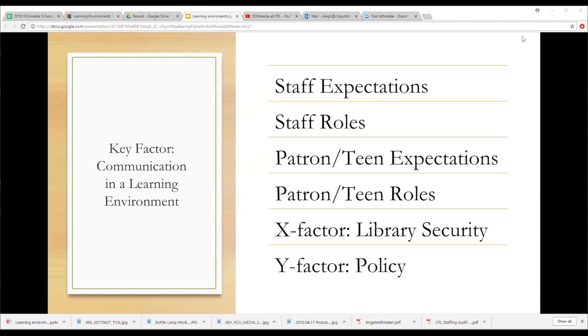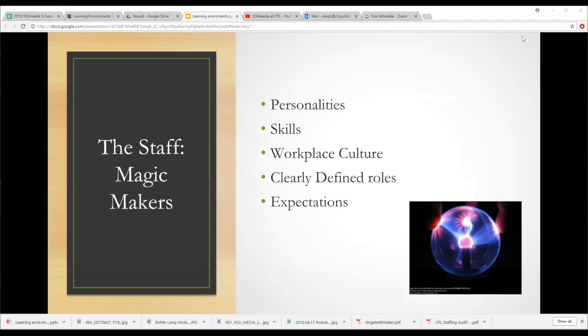You need to have admin buy-in, you need to have management buy-in. It starts there, and it makes it so much easier for teens to have ownership of the space, for staff to actually go through and do what they need to do to encourage teen participation and teen attendance. Speaking of staff, staff is actually one of the key factors,